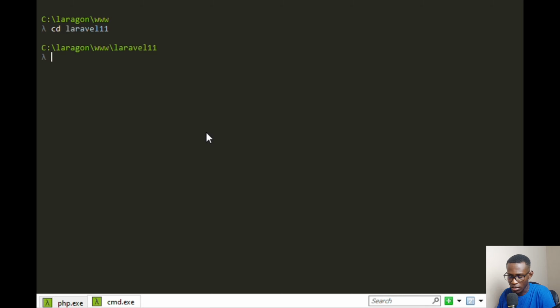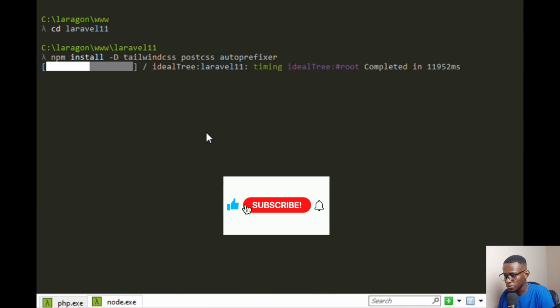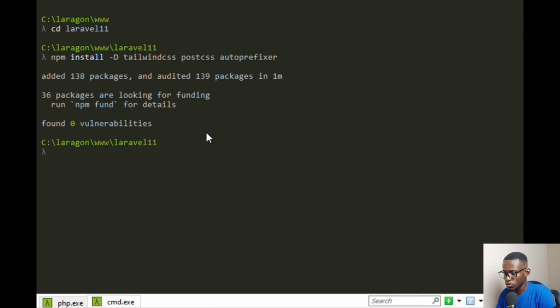install Tailwind CSS, PostCSS, and Autoprefixer using the package manager. So npm install -D tailwindcss postcss autoprefixer, and then you press enter. After the command has installed Tailwind CSS, PostCSS, and Autoprefixer, next you run npx tailwindcss